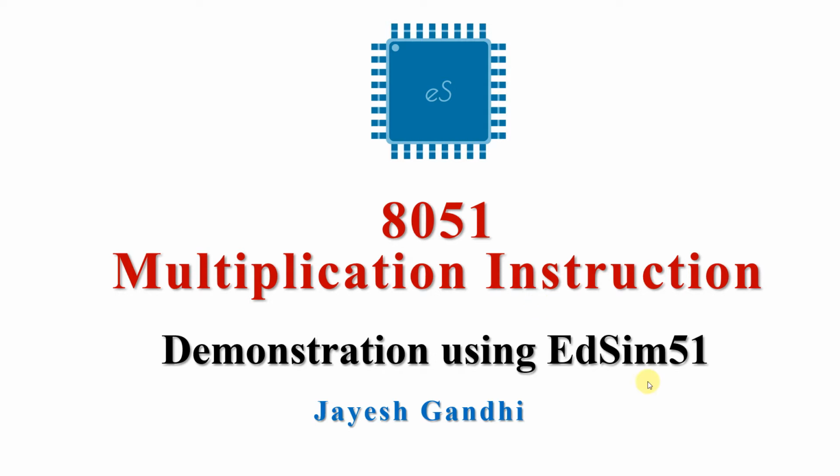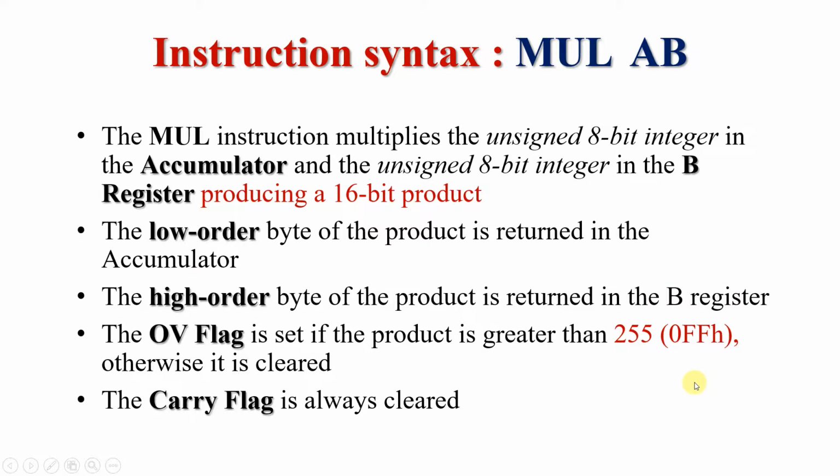So let us first of all understand the instruction of multiplication offered by 8051. The syntax of the instruction is MUL space AB. Please note that between A and B there is no comma or a space. You just have to write down